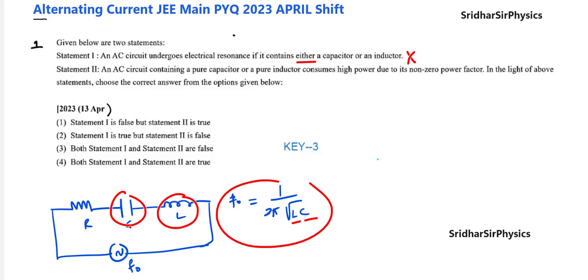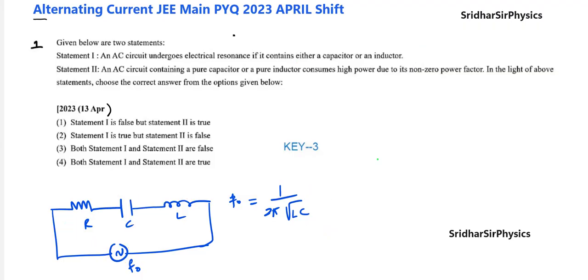Sir, what is actually resonance? What happens in resonance? In resonance, what will happen? There will be a transfer of energy from the source to the load, when the frequency of the source becomes equal to the resonant frequency of the circuit. In very simple terms, at resonance, energy transfer